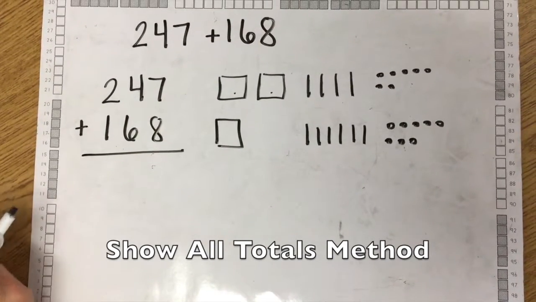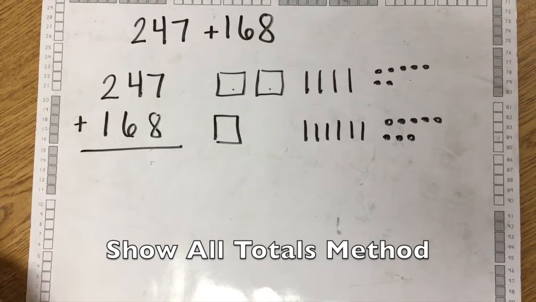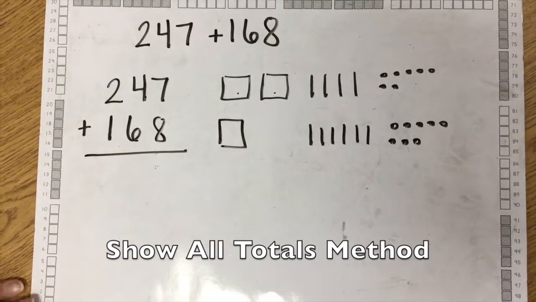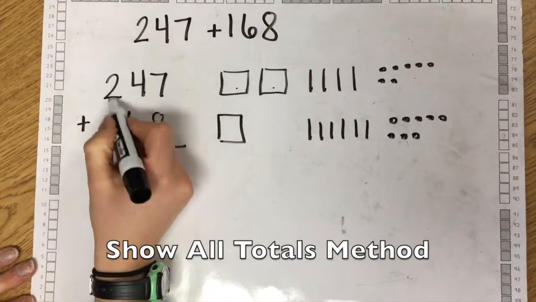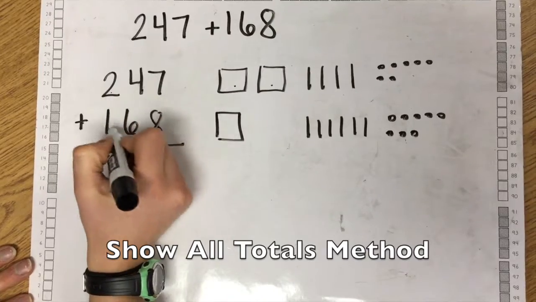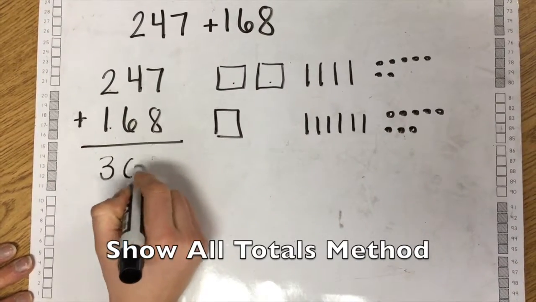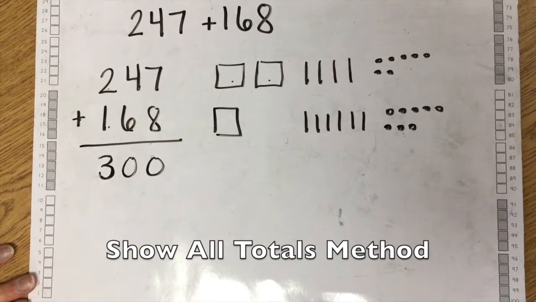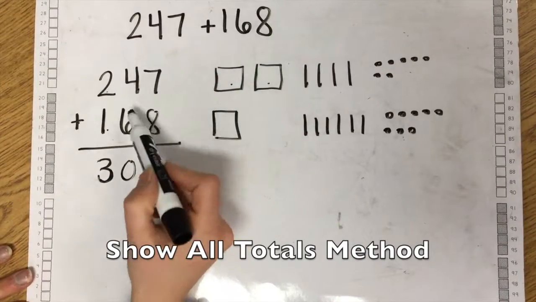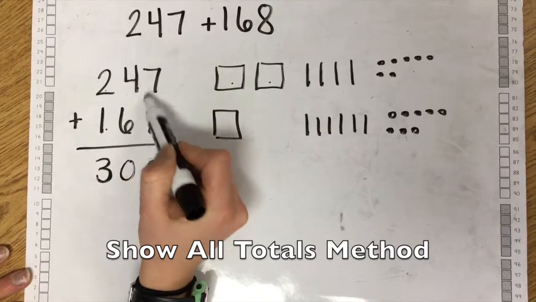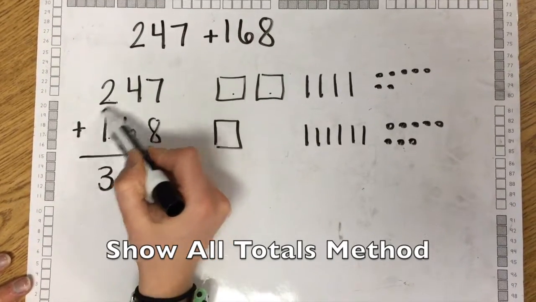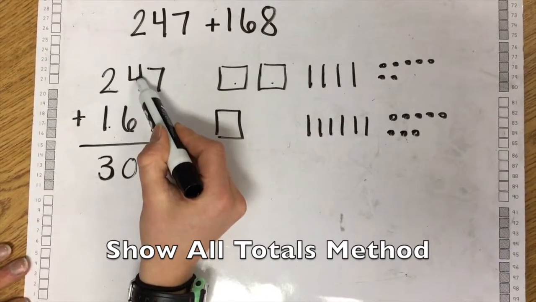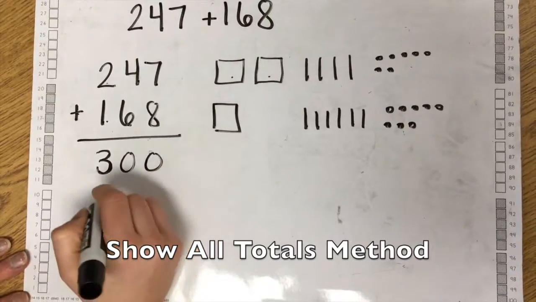Now what they need to do is add by showing all their totals. So digitally, they first start with the hundreds. So 200 plus 100 would be 300, and they need to write this entire number underneath their line. Then they move on to the tens place, and they need to think of these as tens. So instead of 6 plus 4, or 4 plus 6, it has to be 40 plus 60, and that equals